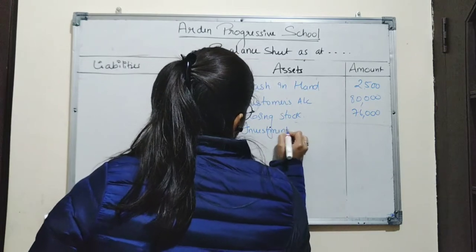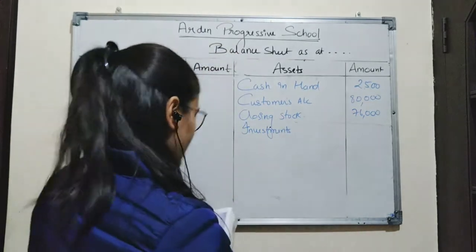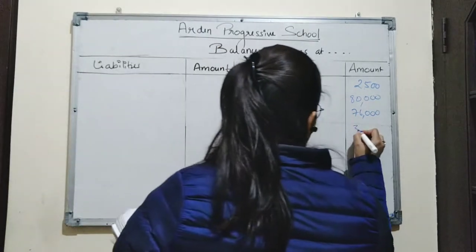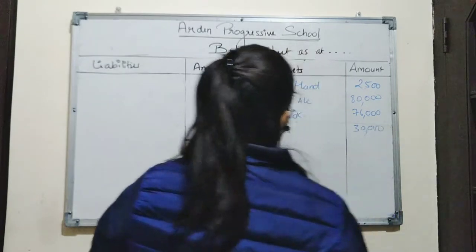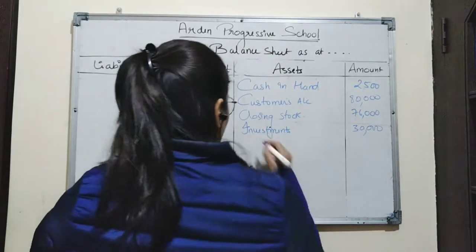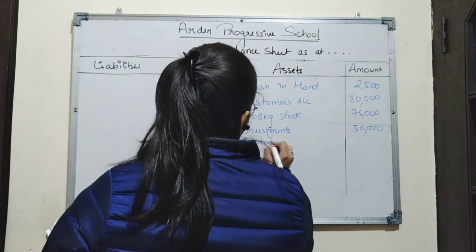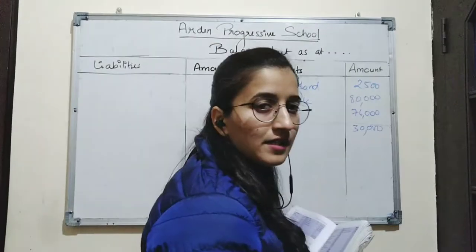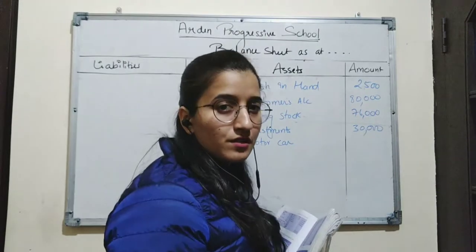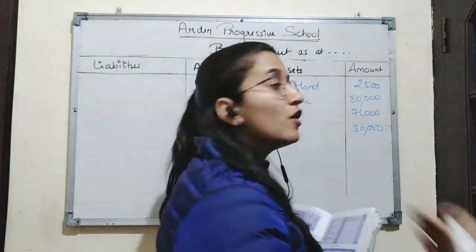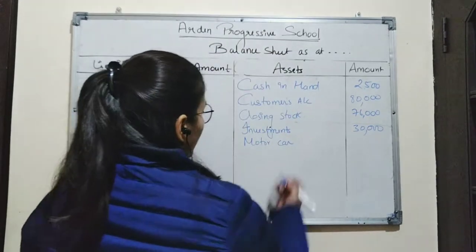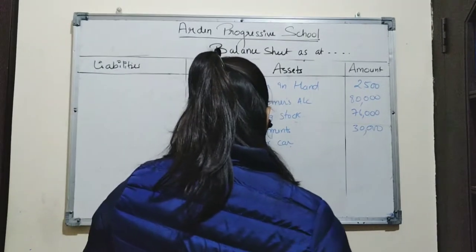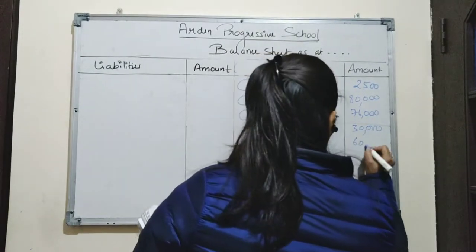Short-term investments are also converted into cash. Amount is rupees 30,000. Next item will be motor car. Motor car is a fixed asset. As we know, in asset side we record all those items also which give us the future benefit. So motor car will be recorded on asset side with the amount